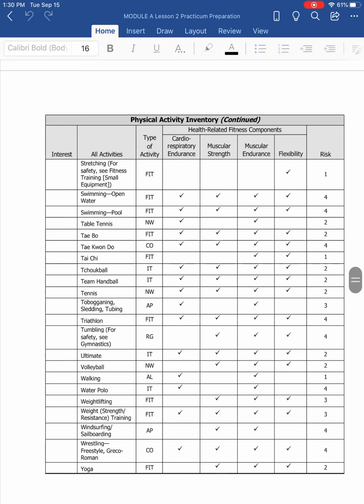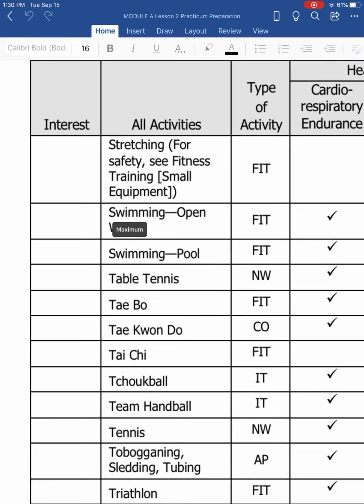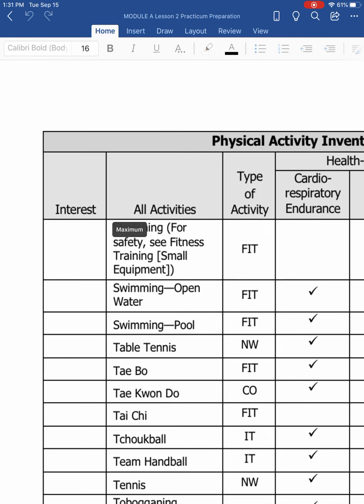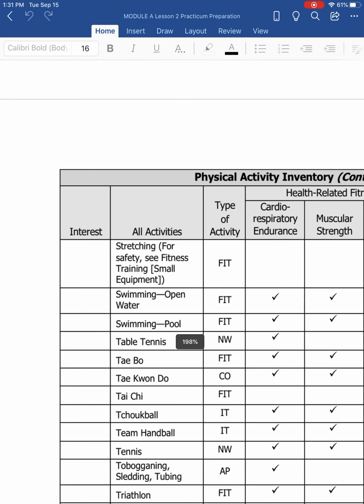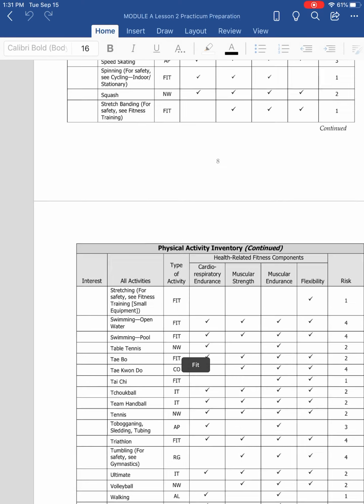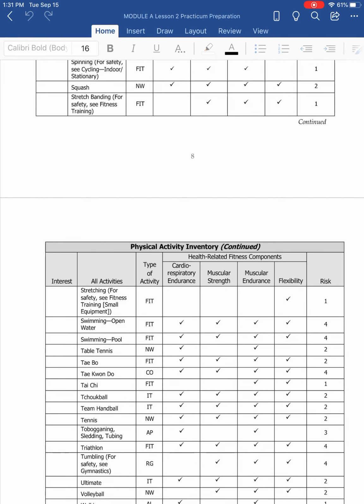Now I am going to give you some advice here. You have to think about which semester you're taking Phys Ed in. So if you are taking Phys Ed in the first semester between September and January, you may not want to choose open water swimming because really I think the last weekend that I would be jumping in the lake would have been the Labor Day weekend at the beginning of September, as the water temperatures are getting quite cold right now. And it's not very likely that you will be doing any open water swimming between now and the end